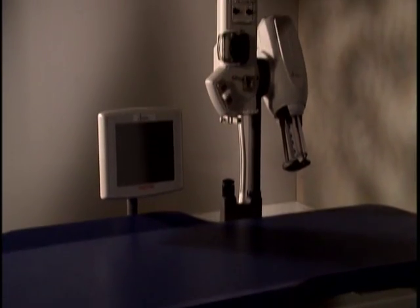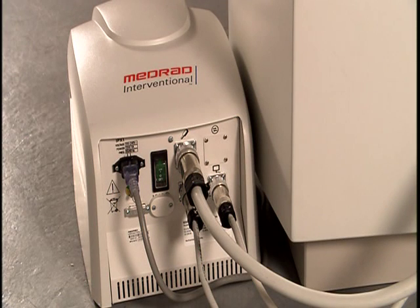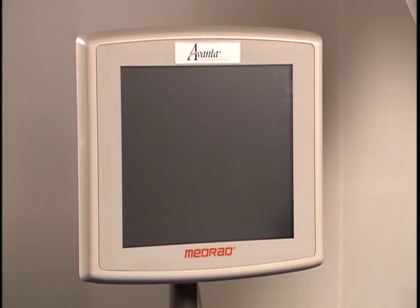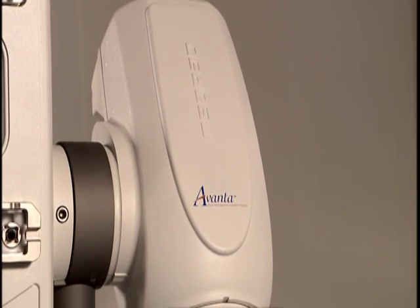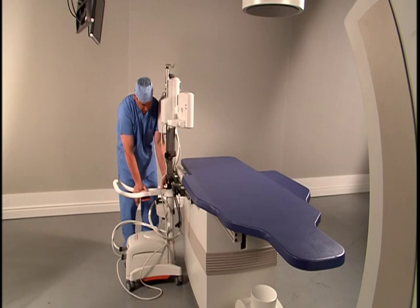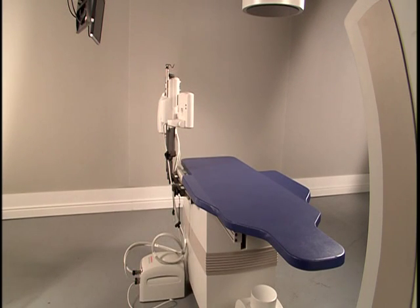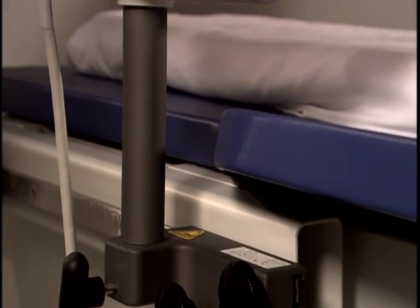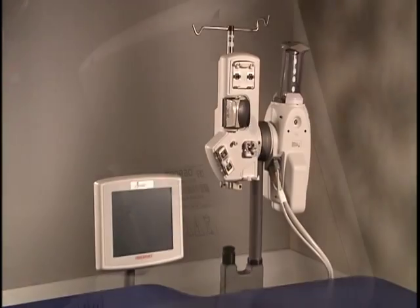The configuration of the Avanta fluid management injection system provides efficiency, precision, safety, and reduced costs. The system includes a power supply, display control unit, fluid control module, and injector head. Mounting options include the standard pedestal mount, which can be easily converted into a table mount option when utilizing the table brackets. The display control unit and the fluid control module can be integrated into the table mount or mounted